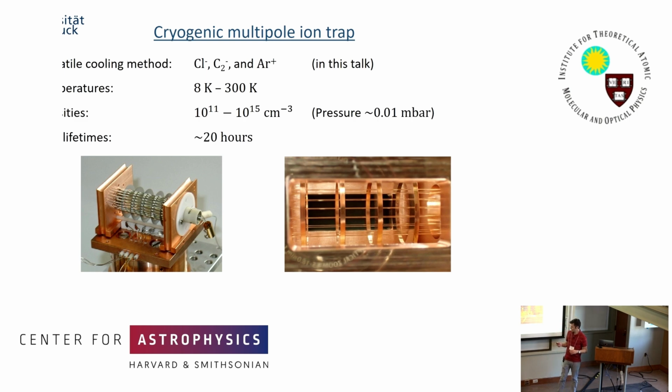We used to have this 22-pole trap, which is very similar to the one that Pavel showed. We have in the meantime switched to our newest wire trap with 16 poles, but the principle is the same. And these kind of traps, like I said, are good for measuring low reaction rates, right? With high densities and long times. So you can really